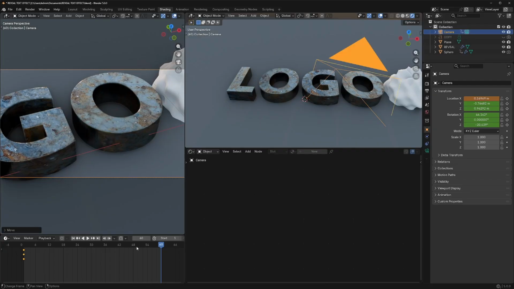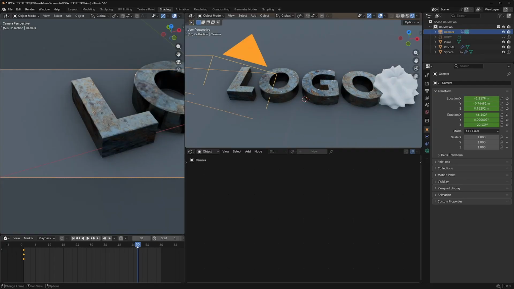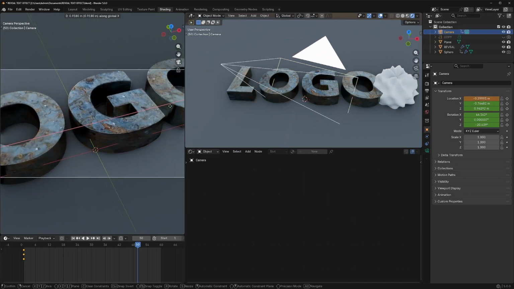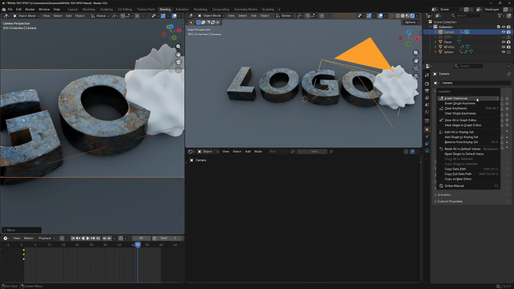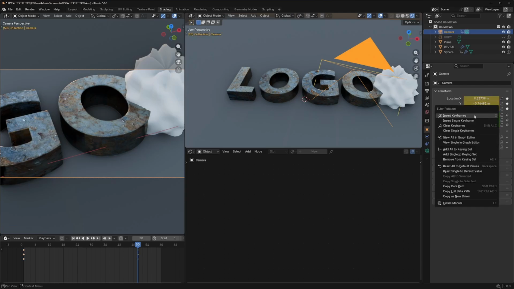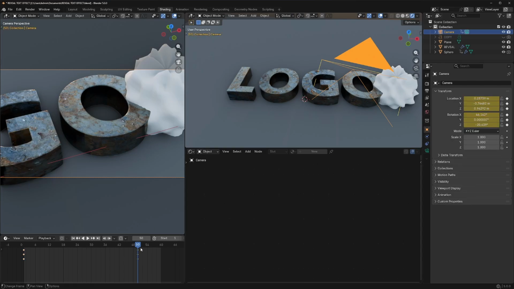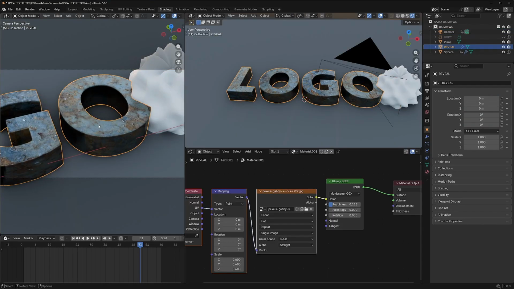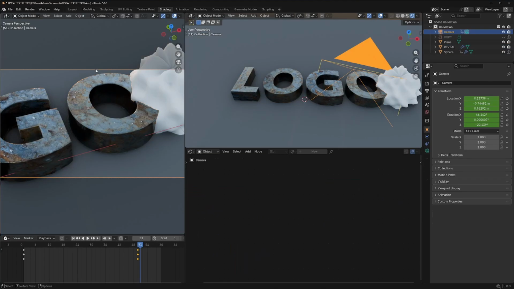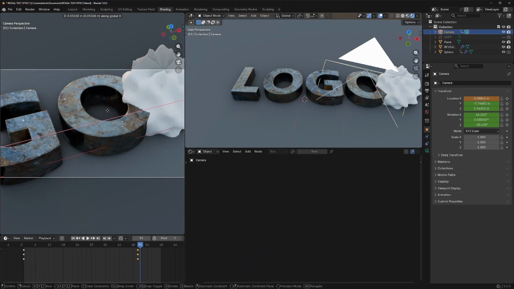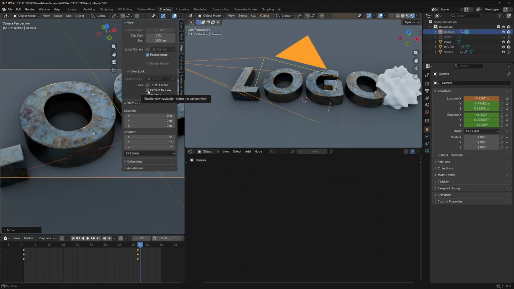Maybe I make it just in frame 50, select camera, hit GX and move it here. Now here right click, insert keyframe, right click, insert keyframe. Now we have this. And now if I go here and jump, if I move this to 1 frame, and now camera selected, I select camera GX, and now hit N, view, camera